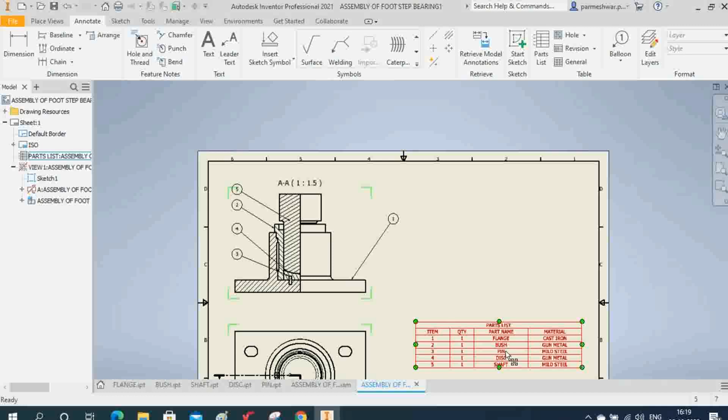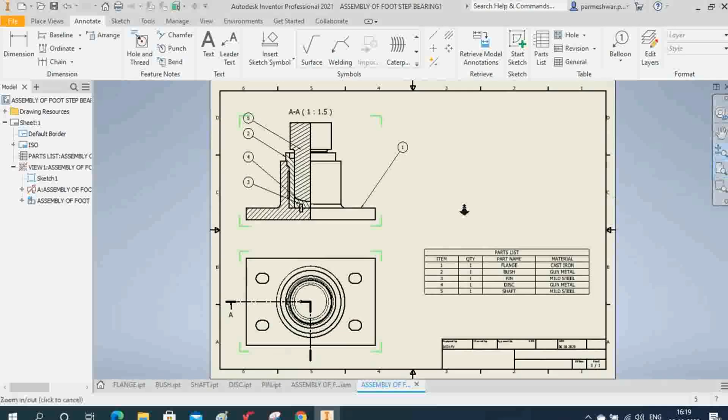part list. Okay, right. Now let us discuss how to print this, how to make it into the PDF, right? How to make it into the PDF. Let me first zoom this one. Sorry, here it is. Okay, right.